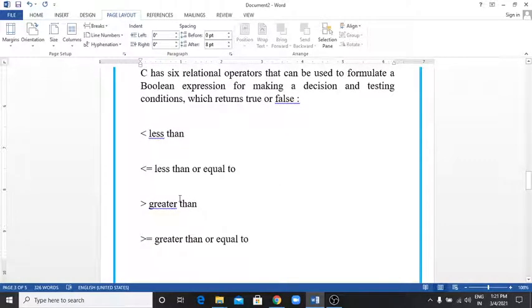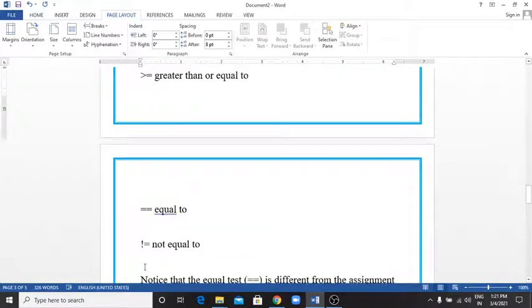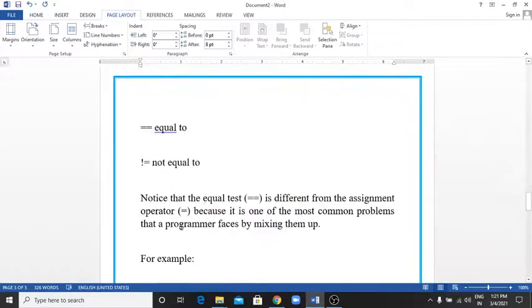The 6 relational operators are: less than, less than or equal to, greater than, greater than or equal to, equal to, and not equal to. Notice that the equality test, == , is different from the assignment operator =. The = is the assignment operator, and == is called the equality operator. It is one of the most common problems that programmers face, mixing them up.